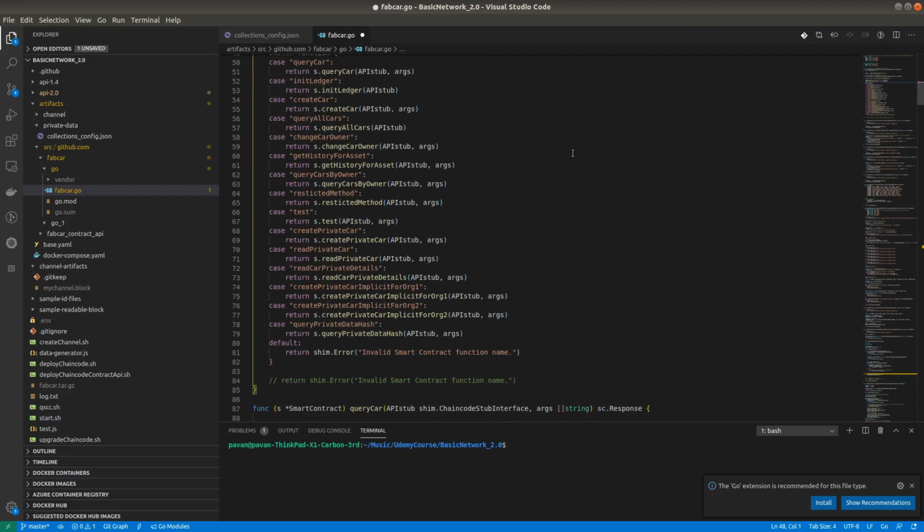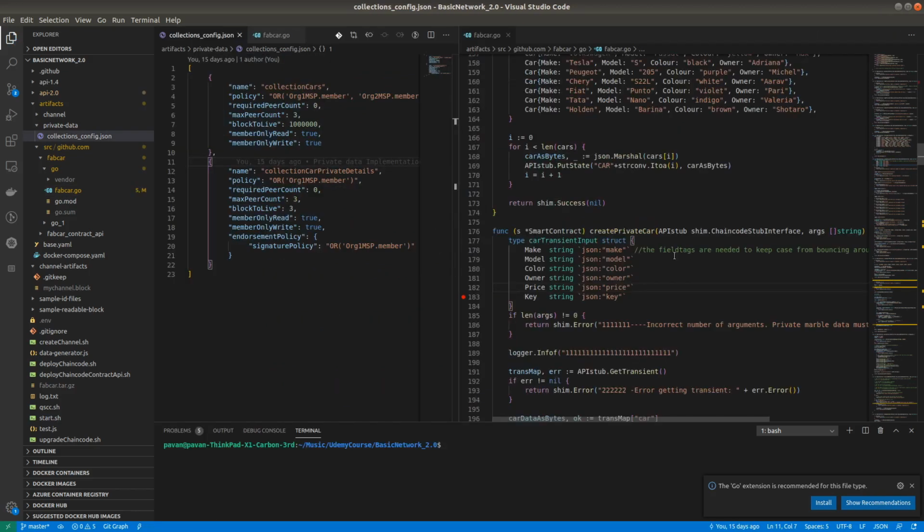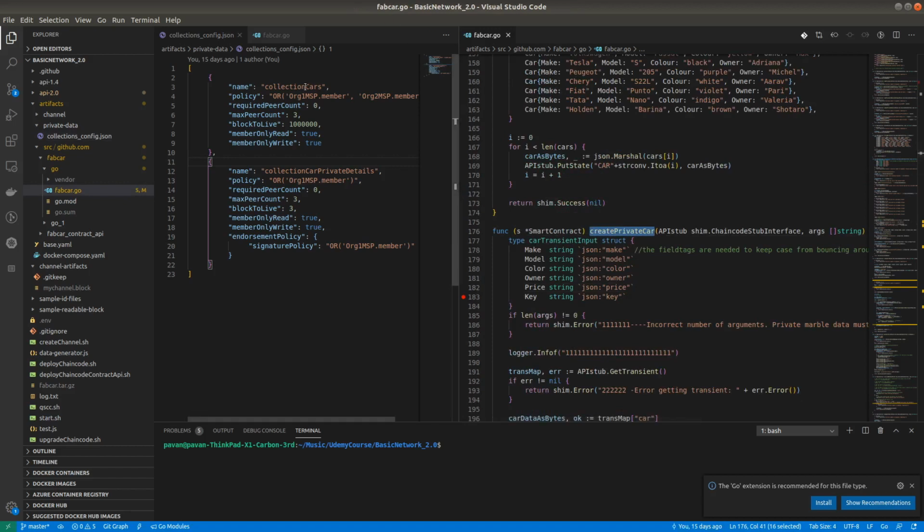Here we are implementing the explicit private data collections. One method is create private car. In this method I am creating the collection private car, and the structure is